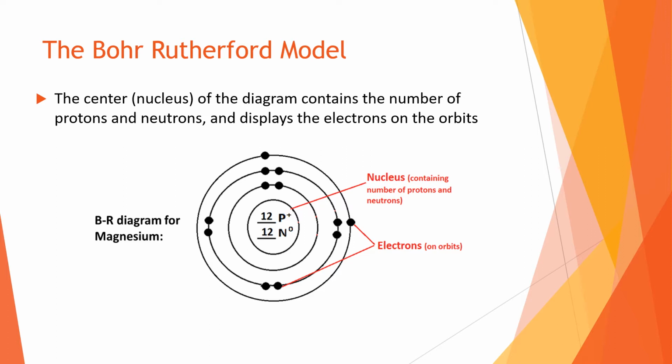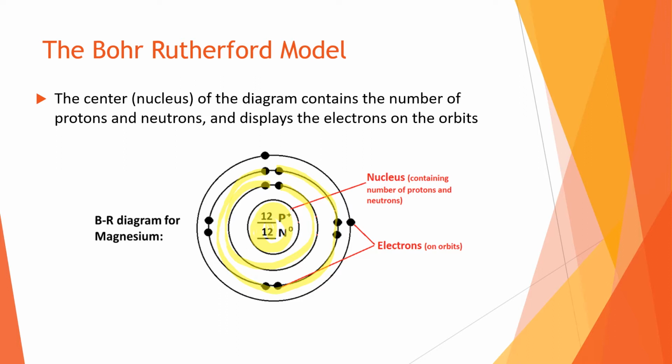So the center is the nucleus. So again, this here represents our nucleus. So we always have in place the number of protons and the number of neutrons inside the nucleus. Okay, and then the orbits, these rings here,